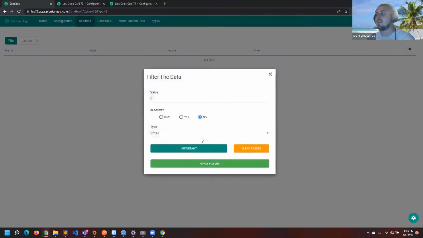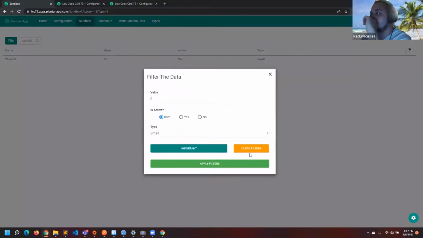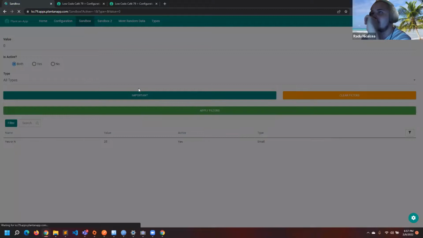And I'm optimal, because the idea is that by using the JavaScript, I'm not doing so many requests, and I'm also filtering the data however I need, but it usually depends on the user experience that you want to give people. If you want instant, I would recommend using the sync with URL option. If you want it to be optimal because the set of data is huge and it's gonna explode the server or something, I would rather do it like this. You can clear the filters, and I think the clear filters has some